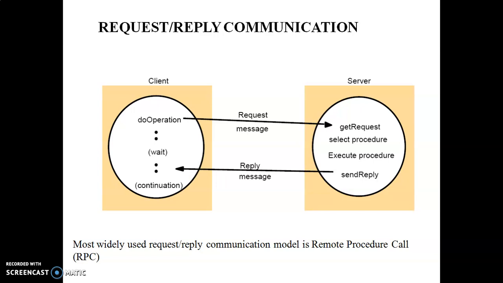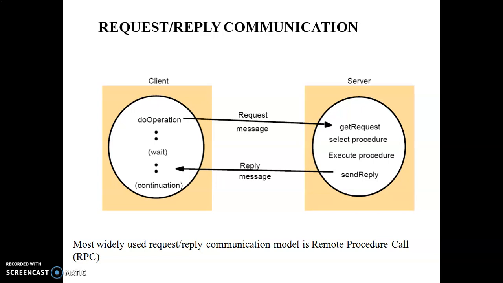Request reply communication is the most widely used communication model in remote procedure calls. In this type of communication, as you see in the diagram shown here, a client and a server exist. The client sends a request message to the server.